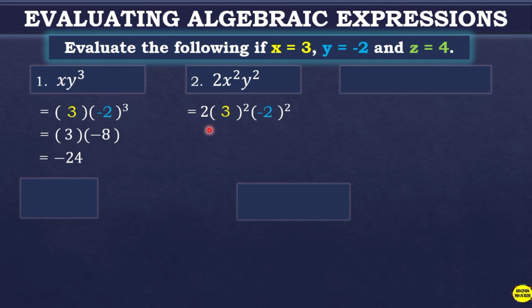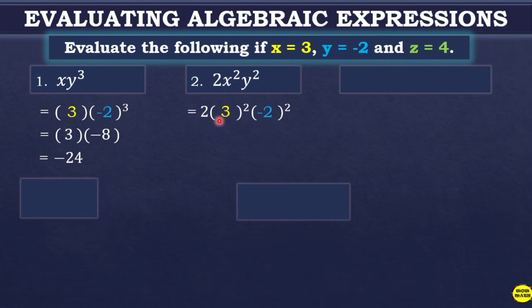So, we will get, pwede ba natin na i-times na to? 2 times 3, 6, and then squared? Hindi po. Kasi po si squared ay exponent ni x, hindi ni 2. So, wag po natin i-multiply diretso. 2 times 3, 6, and then 6 squared, 36. Hindi po. That is wrong. Okay? So, ang una muna natin gagawin kapag meron tayong exponent, kung ano yung base niya, i-simplify mo muna siya